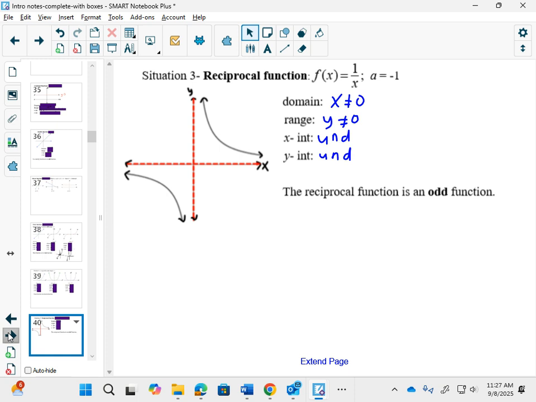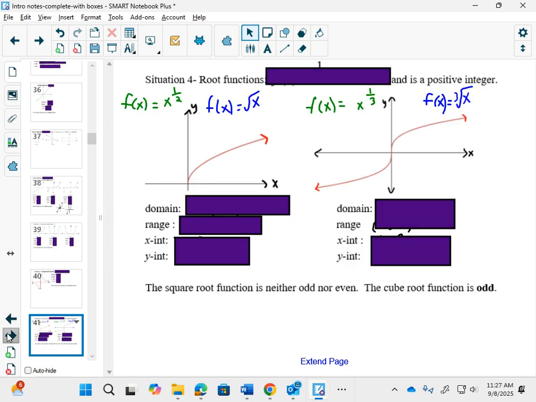There, see that noise? That's me getting excited about the next one because I know that you've done square roots before, but I don't know if you have graphed a cube root before. No? It's kind of fun. So this might be a new graph for you. Root functions, right? Cube roots,